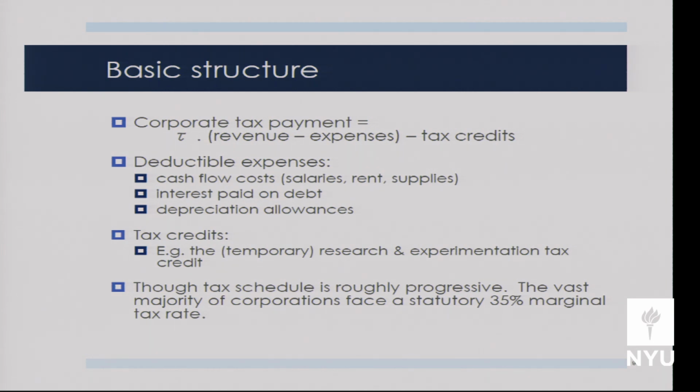So if we allow a firm to deduct an expense that had not previously been deductible, suppose we let them deduct an extra dollar of expenses that they couldn't previously deduct, how much do they save on a dollar of now deductible expenses? They save what fraction? Tau, right? So if tau is 35%, they're going to save 35 cents on that dollar from being allowed to deduct that expense. Suppose we give them $1 of tax credits. How much are they going to save? $1, right? So just like with deductions versus credits, allowed expenses are worth less than credits are.